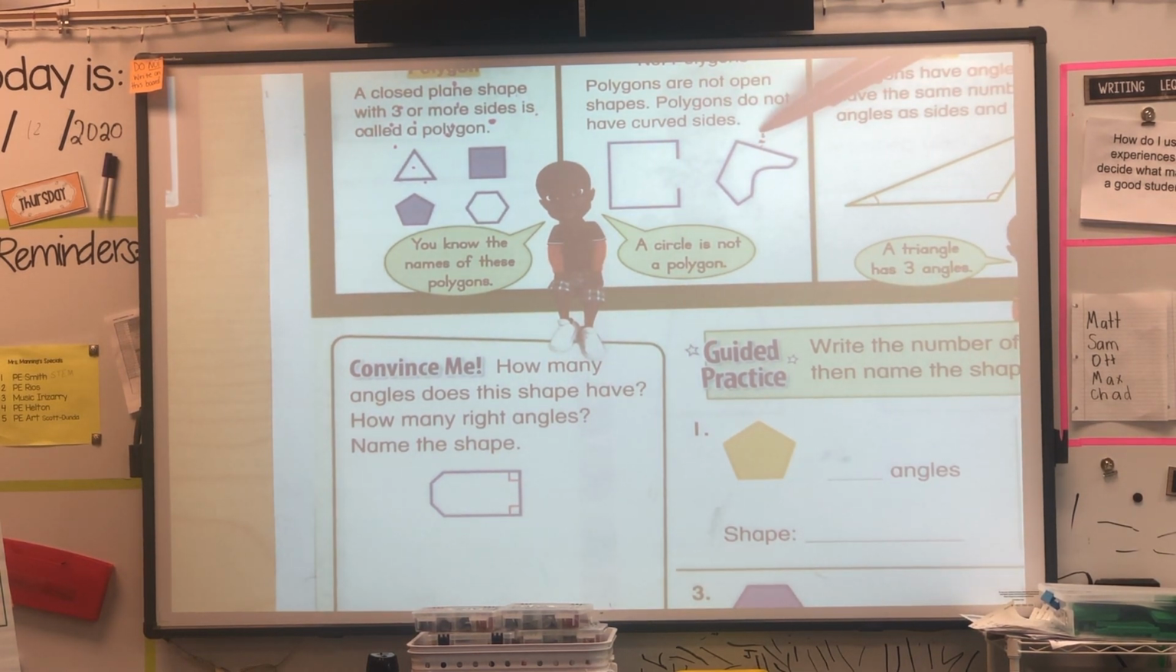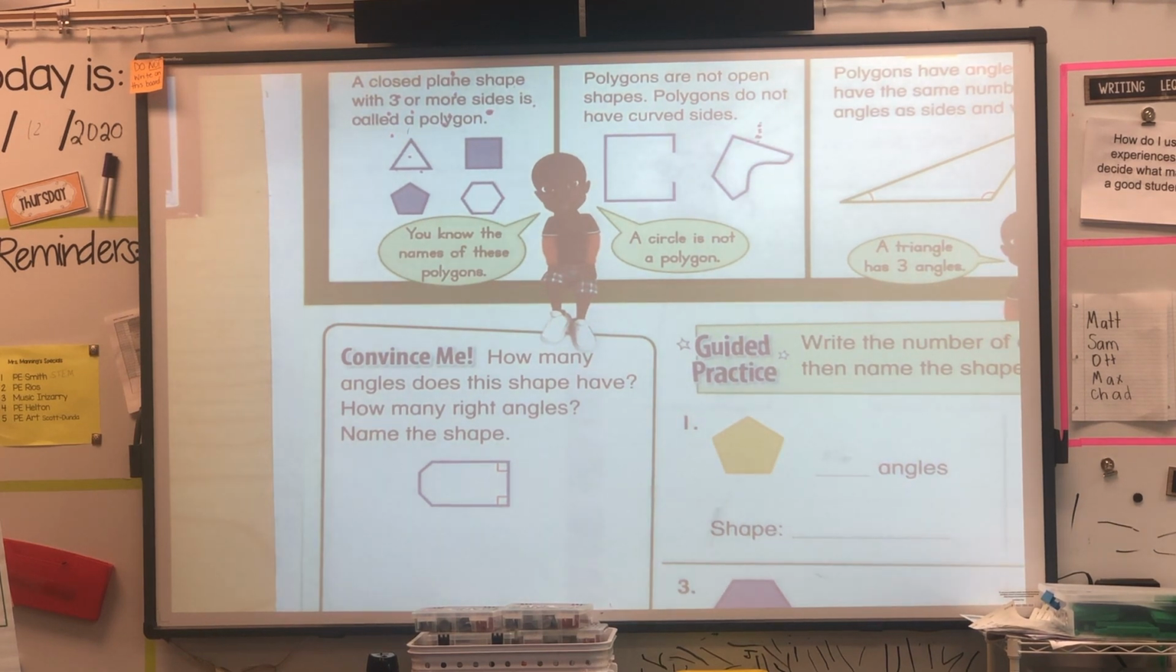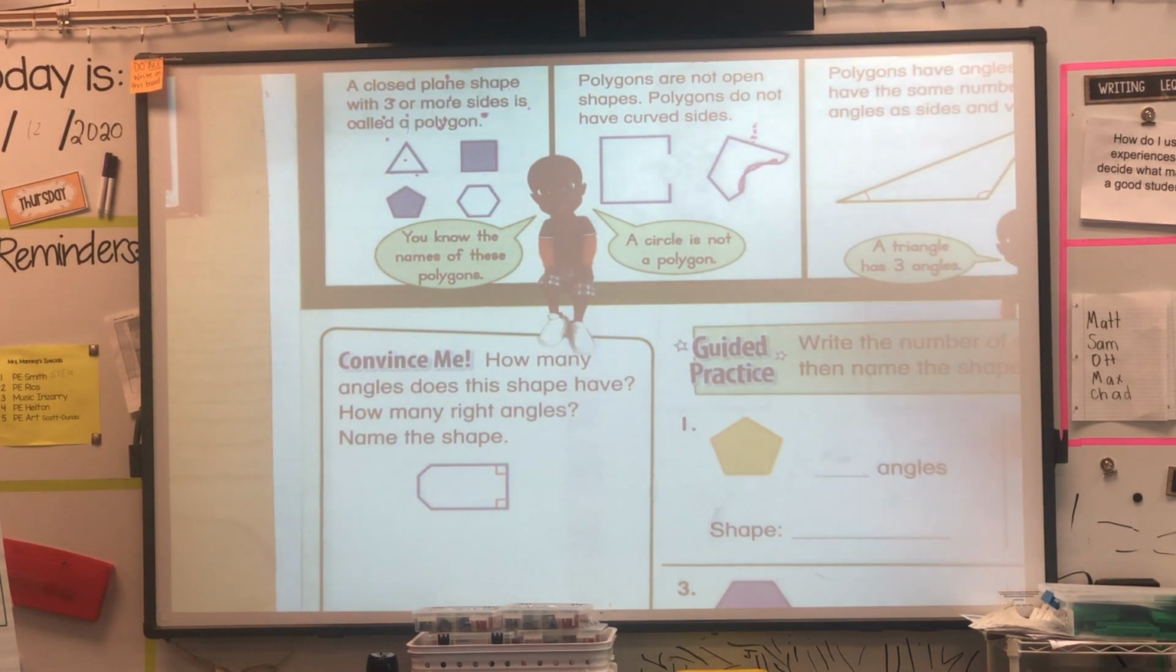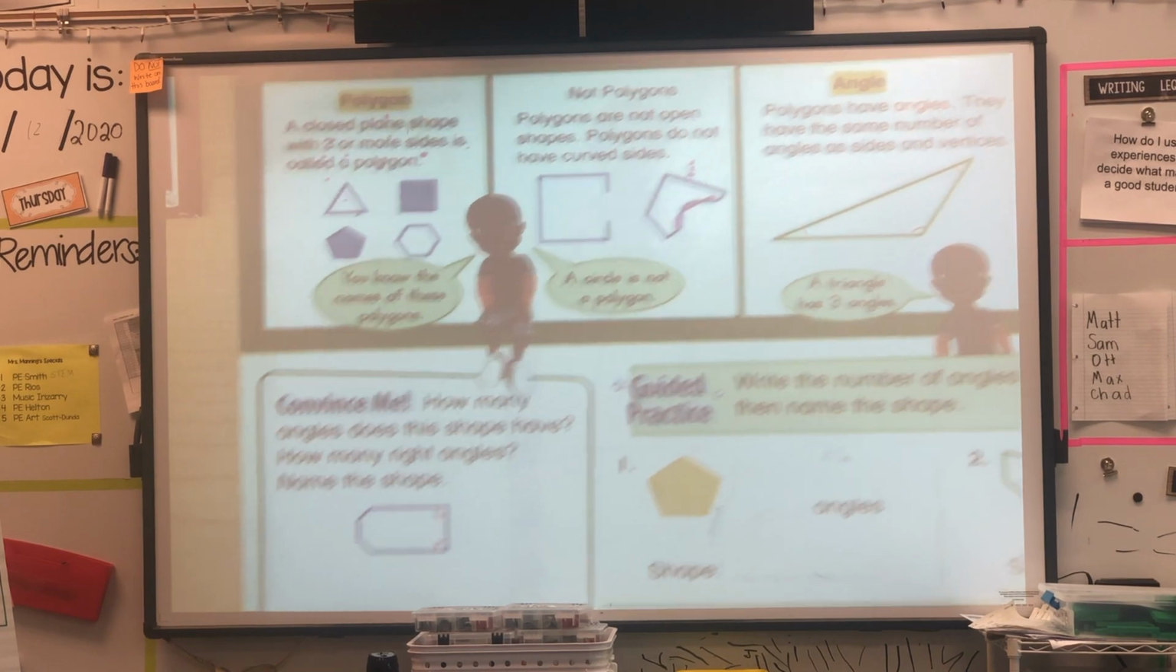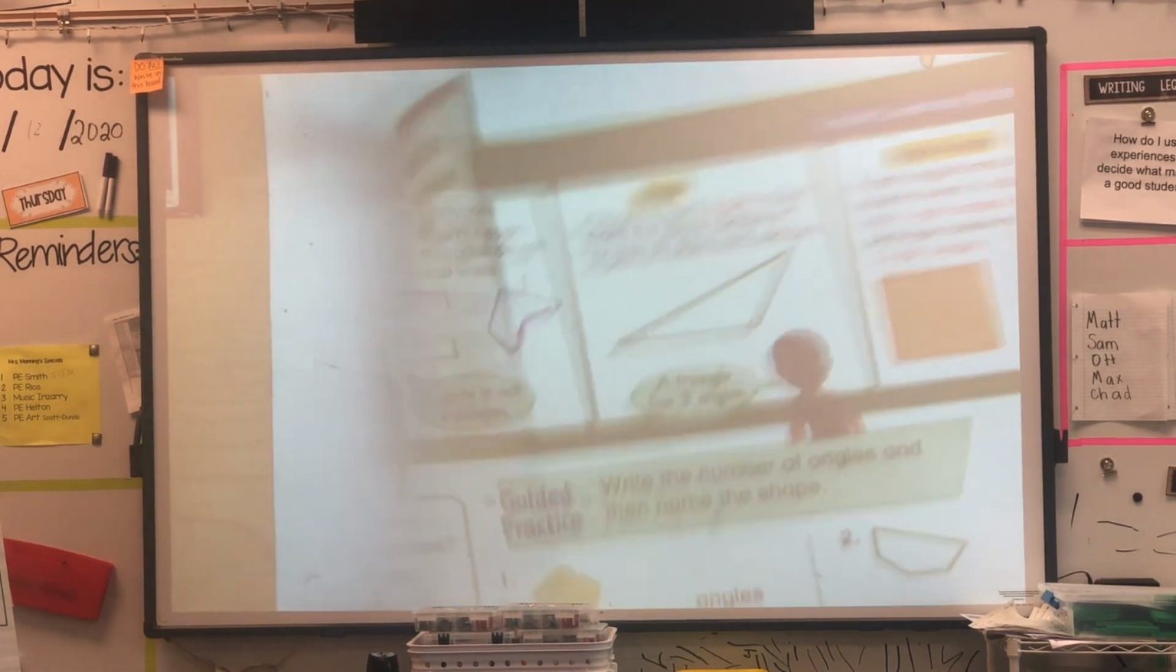What about this one? Why isn't this a polygon? Is it closed? Yeah. Does it have 3 or more sides? Yes. But what does it have? It has a curved line. It's a squiggly line. It does have a curved or squiggly line right here. So therefore, it cannot be a polygon. We are going to talk about